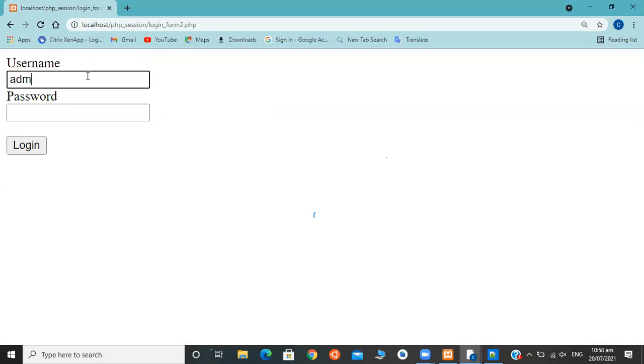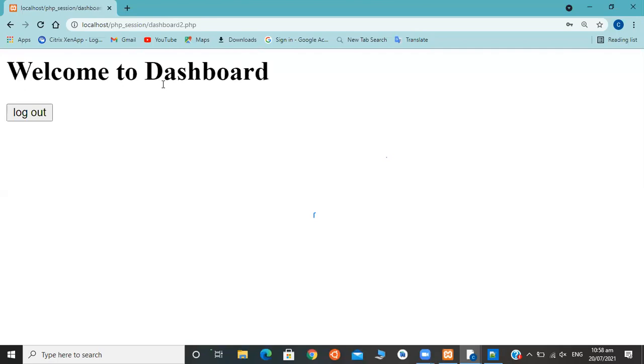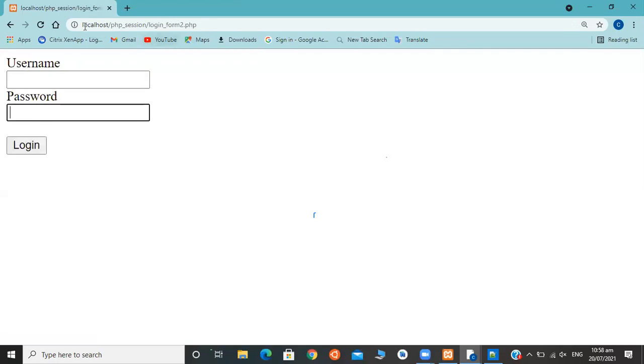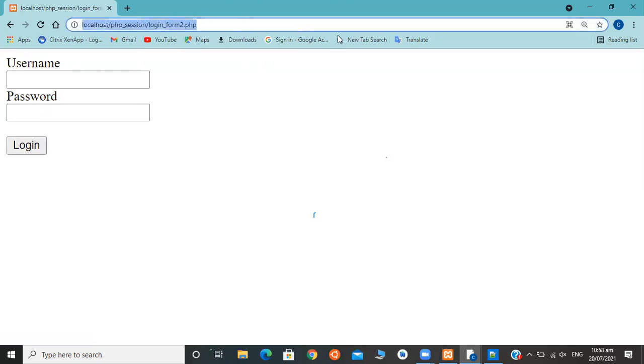Admin, login. Welcome to dashboard. After I click on logout, I am redirected to PHP session login form 2.php. So what is the purpose of this session management?